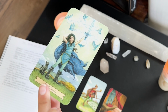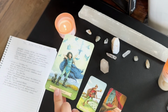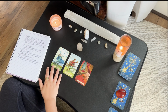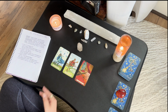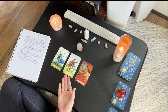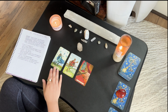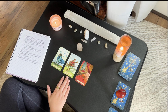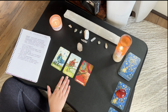You're looking for this brand to motivate you into a new direction, to level up in your business, to feel more like you so you can show up every day motivated, because it seems like you're kind of lacking that. But then if we're looking at it next to the Knight of Pentacles, which is your no card, as you can see,